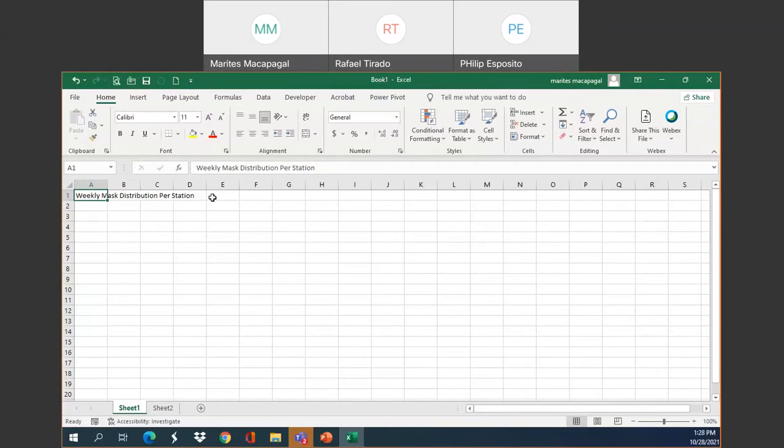Why? Because if the text doesn't fit in a cell, it will appear to go to the next cell, and since it is empty, it's okay. I could see everything. Because right now, if I go to B1, it is empty. If I go to C1, it is empty because there's nothing on the formula bar. If I go to D1, although I see the word stations, it is empty because all of those texts are